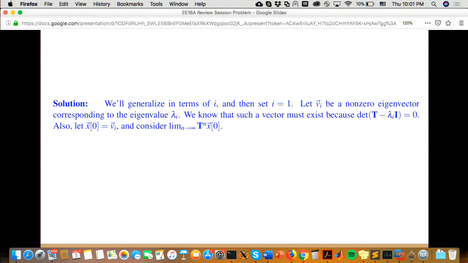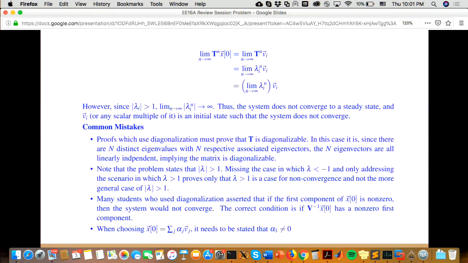It's that T to the n, scaling our initial state, is going to give us what we get as time goes on. So if we can show that the limit of this is going to go basically to infinity as time goes on, for the case that lambda sub i, or in our case lambda sub 1, is not equal to 0, then we've effectively completed our proof. So we start off with the form of the initial statement, which says that the limit as the number of time steps approaches infinity of T to the n times x of 0, where x of 0 is our initial state. Then we notice that we can also translate that to be equivalent to replacing the initial state with just the eigenvector corresponding to your first